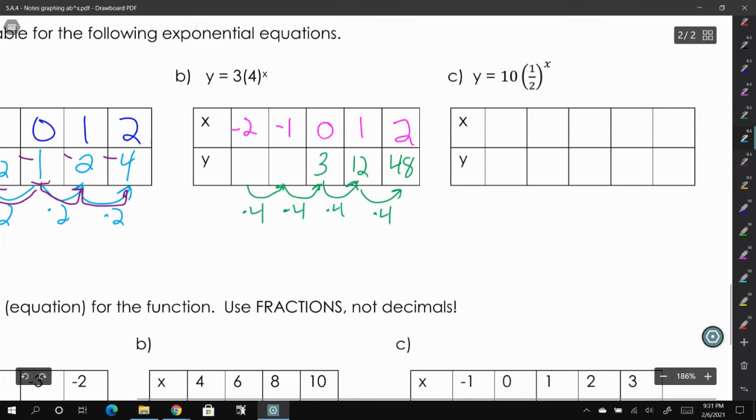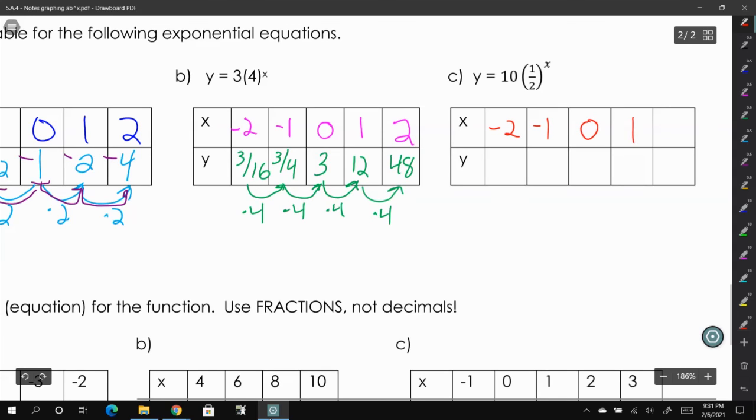And then going backwards, 3 divided by 4, or 3 over 4. And 3 over 16. Most students struggle going backwards, and that's because when we did the graph, we did the reciprocal of these two numbers, the 12 and 48. Well, that's not going to be 1 over 12. Whoops. Okay, then